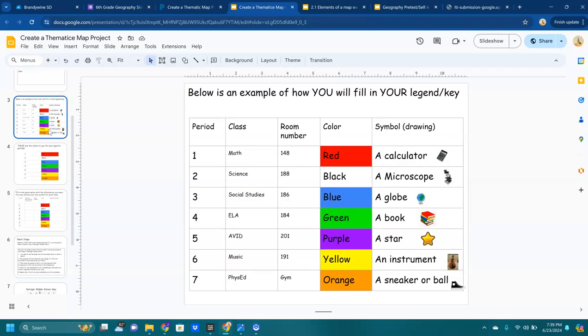They're going to create a key for the map where they'll have to give me their class and their room number for that class. I provide them with the colors for each period just so we have the same there. Just keep some similarities so it's an easy, like, hey, that is your period 1, cool, because they also need to, like I said, turn in their schedule via this key. And then they need to pick a symbol, and they can draw it using the little drawing tool up in the top of,